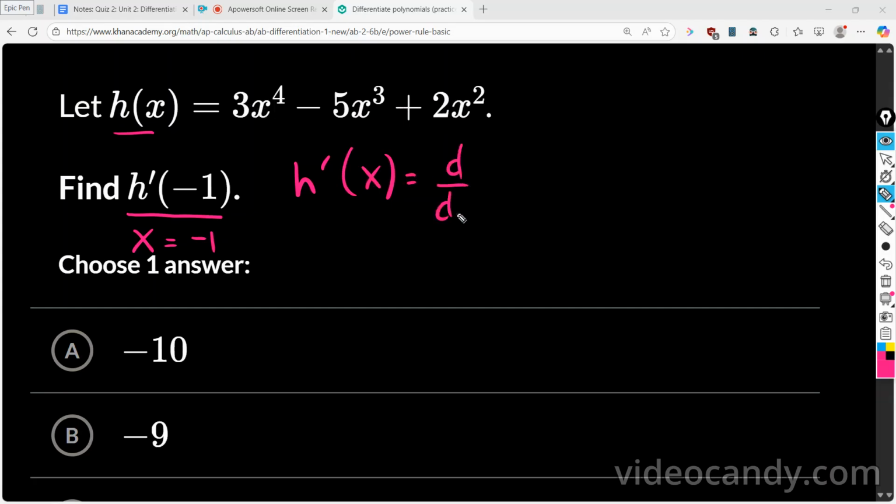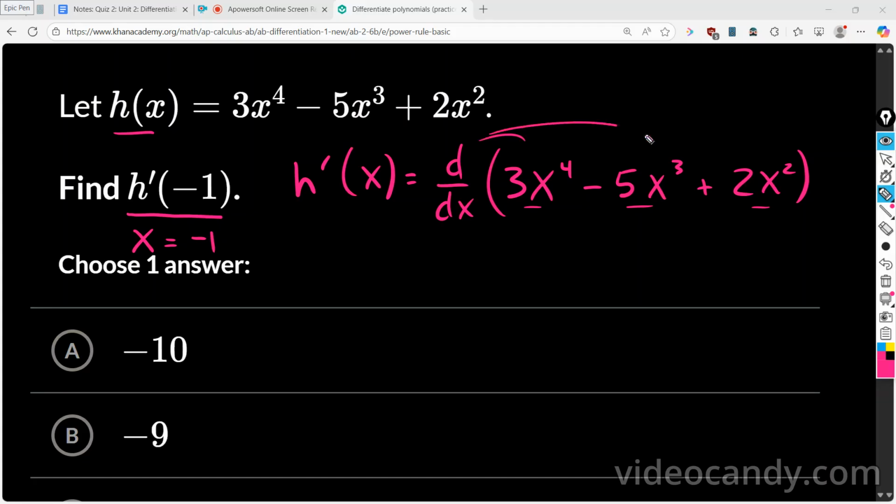So remember, when you want to find the derivative of a polynomial, 3x to the 4th minus 5x to the 3rd plus 2x squared, you want to take the derivative of each of those terms individually. So basically, this gets distributed to each term. You don't necessarily have to write all this out each time, but let me show you on the first one at least. All right, so it's the derivative of 3x to the 4th